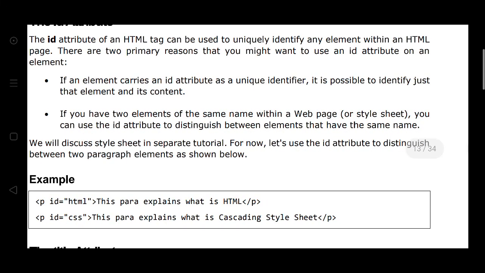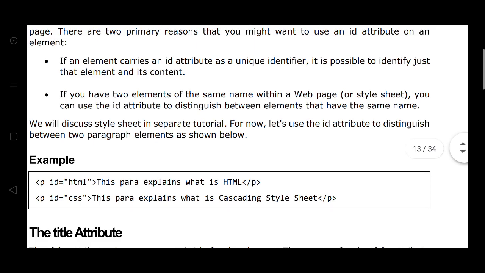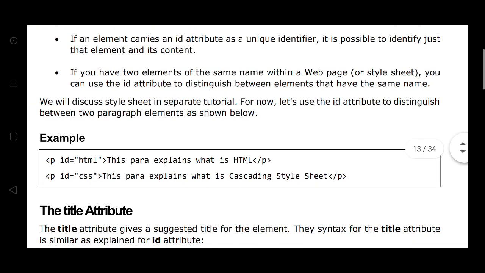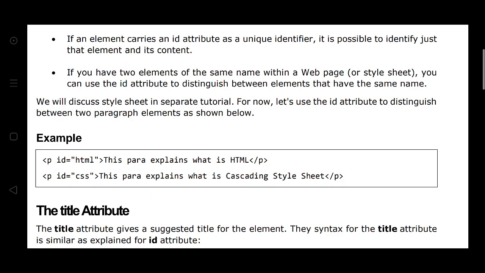If you have two elements of the same name within the web page or style sheet, you can use the ID attribute to distinguish between elements that have the same name. We will discuss style sheets in a separate tutorial.